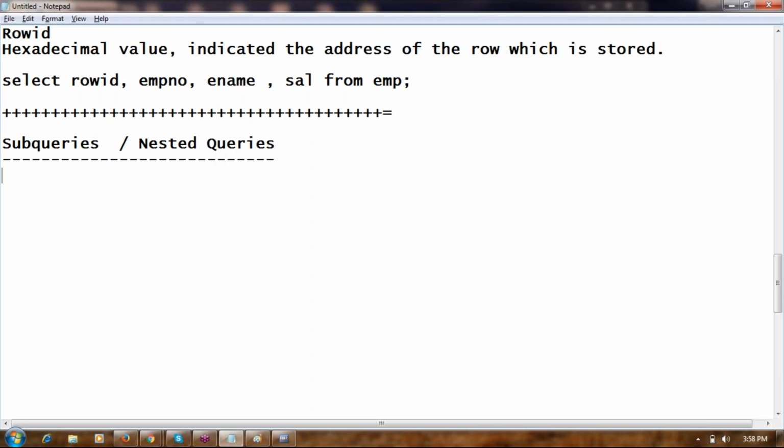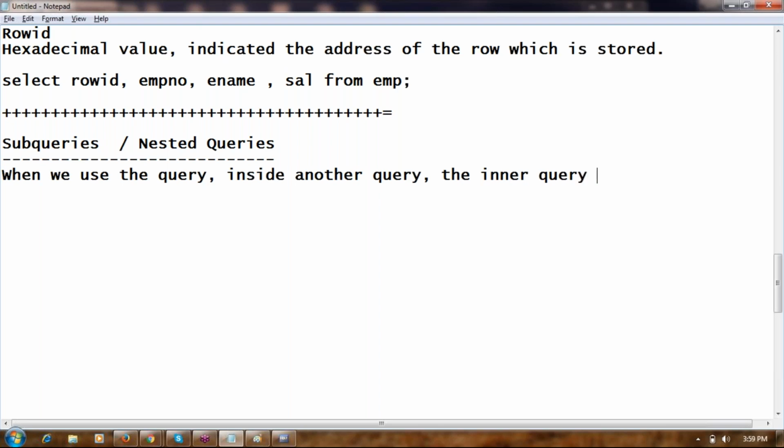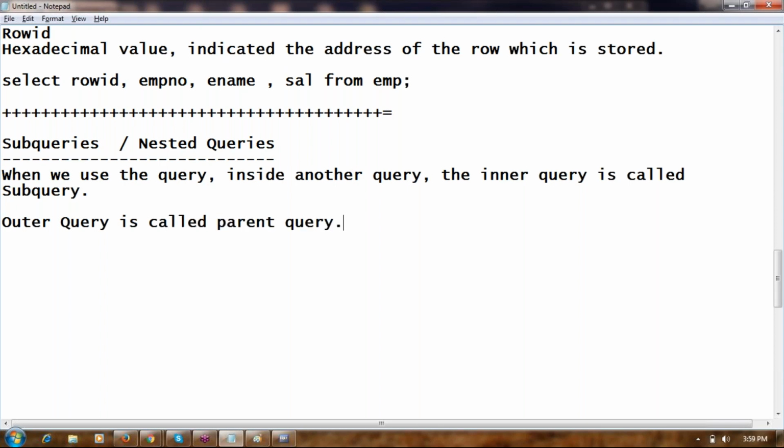When we use a query inside another query, the inner query is called a subquery. The outer query is called the parent query. The inner query is called the subquery. The outer query is called the parent query. Always the subquery is executed first.